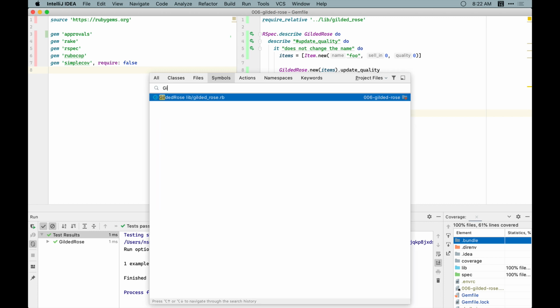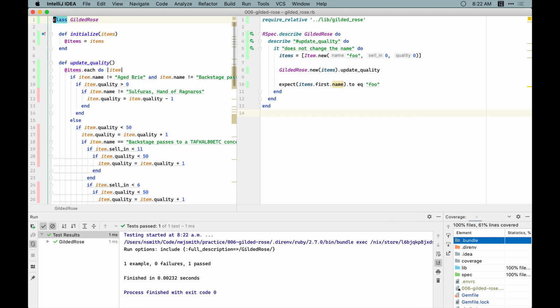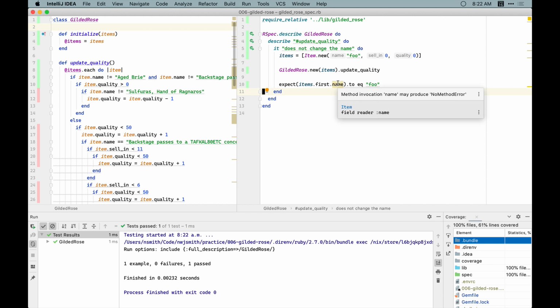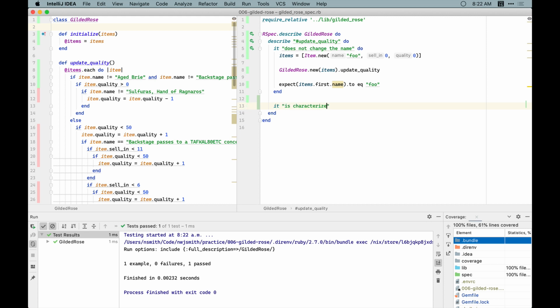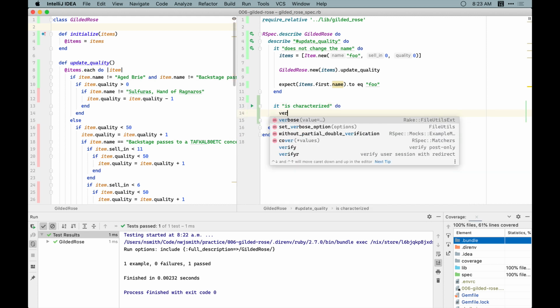Let's open production code side by side with the test code here. It's going to be important. Okay. I'm not actually sure why it would produce no. Oh, it might produce a no method error because first could be nil. Okay, that's important. But we are in a test, so it is characterized. That's what we want to say, and